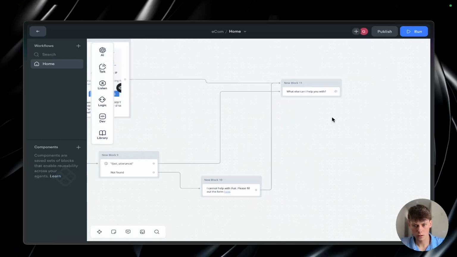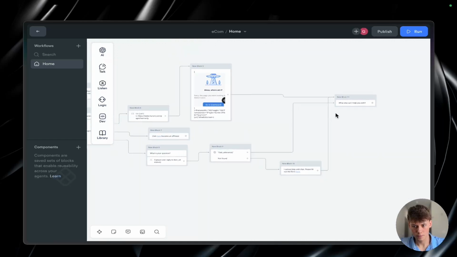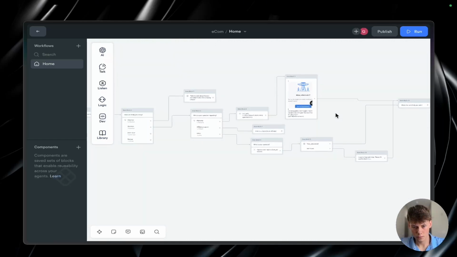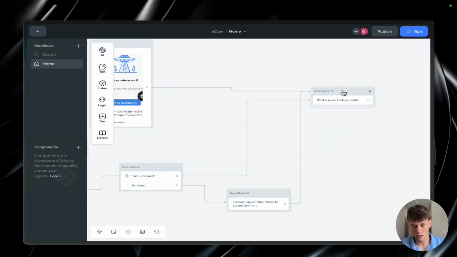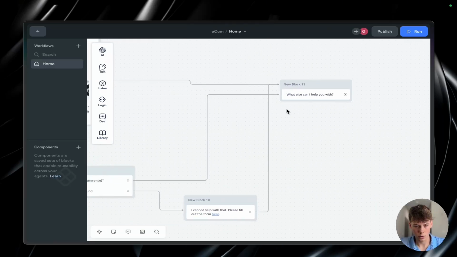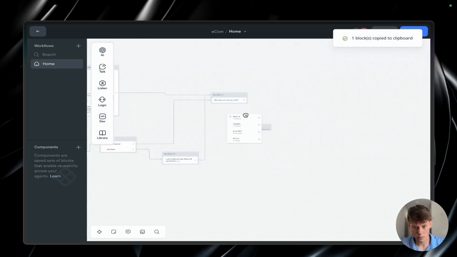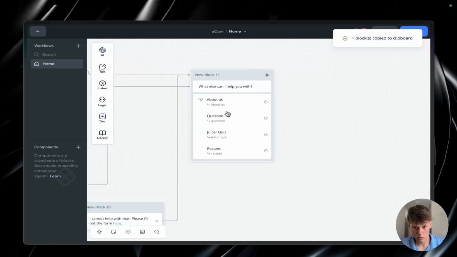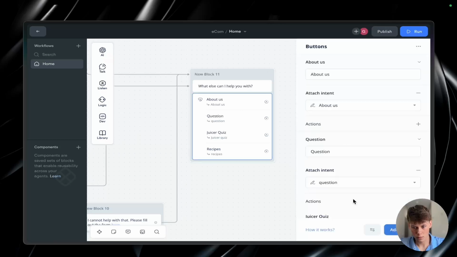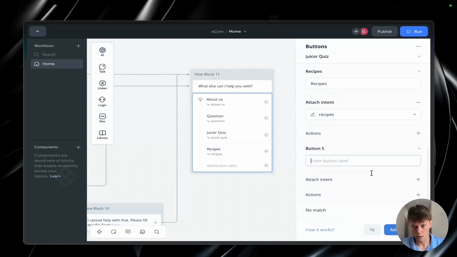At the end, which we could have eventually loop back around. So I'll quickly add the same buttons. And then we'll add another one and say,